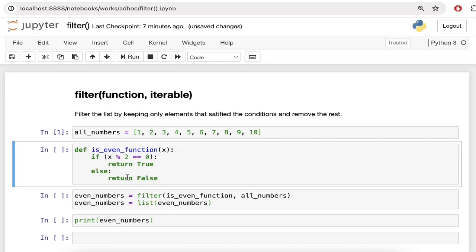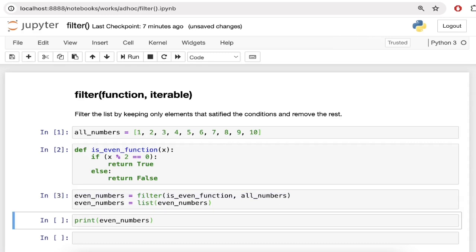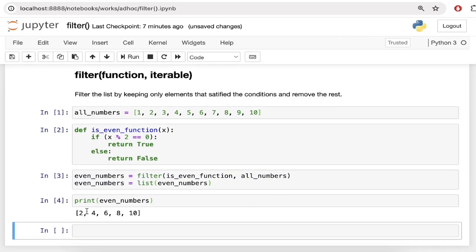And this is how we use the filter function. We create a variable called even_numbers. We call the filter function, which takes the function is_even_function and also takes the list of all numbers, and we convert the even_numbers variable into a list, and then when we print the even_numbers list, we